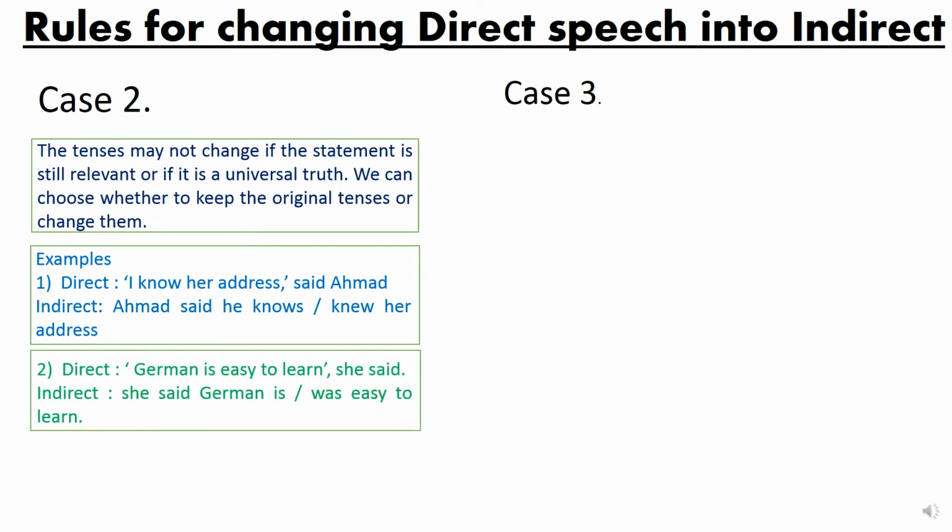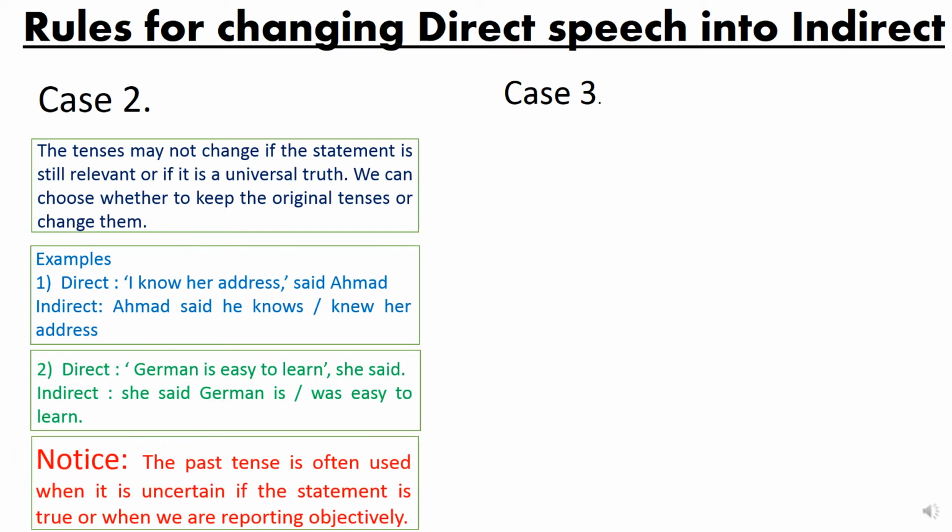2. Tariq, "German is easy to learn," she said. And Tariq, she said German is or was easy to learn. Notice the past tense is often used when it is uncertain if the statement is true or when we are